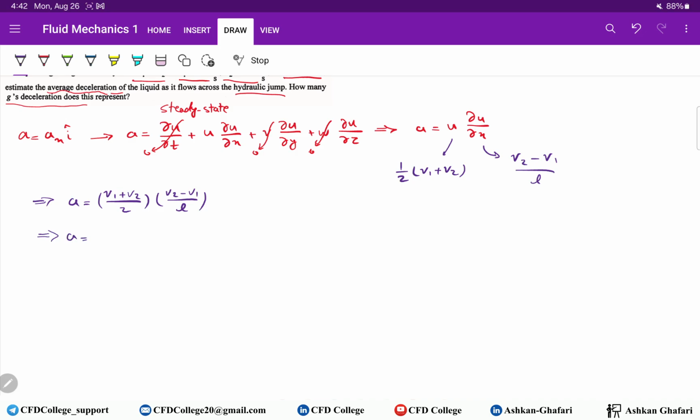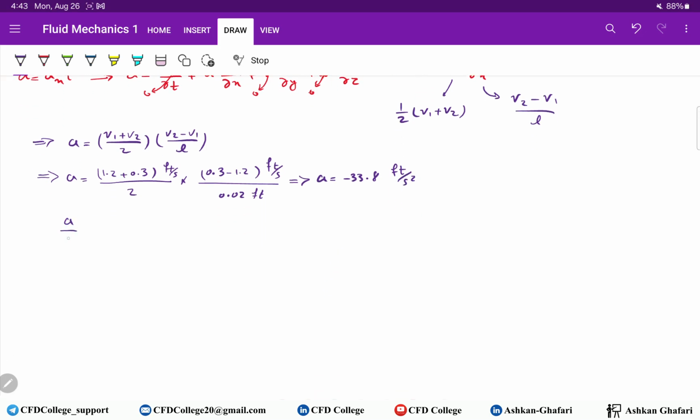So A equals (1.2 plus 0.3) feet per second divided by 2 multiplied by (0.3 minus 1.2) feet per second divided by 0.02 feet, which is L. So A equals minus 33.8 feet per second square, and A over g equals